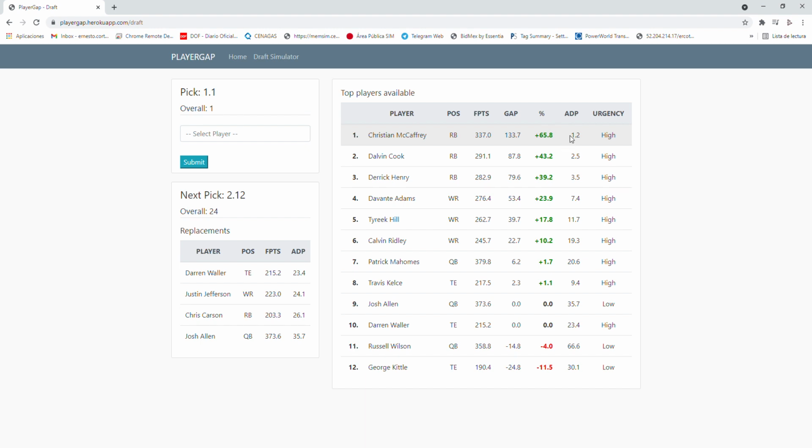It also shows you here the ADP and the urgency by which you should prioritize these players. For example, if a player here has an ADP that is greater than 24, then you will see in this column a low urgency. So if we select a player here,